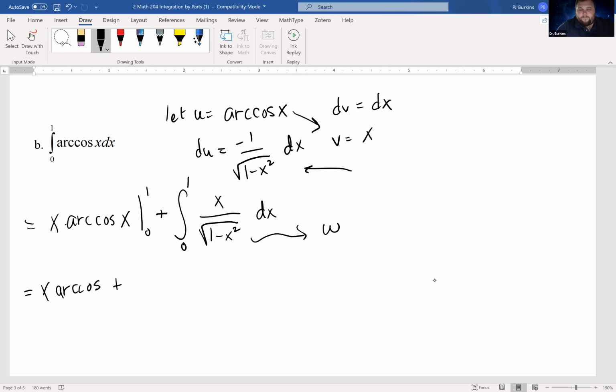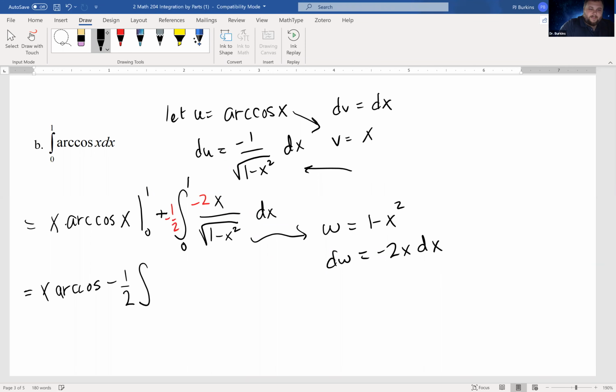No. Okay, so I'm going to let w equal everything under the radical. The differential is then minus 2x dx. So I am missing a minus 2 up here, and therefore I need a minus 1/2 out there. So this is really minus 1/2